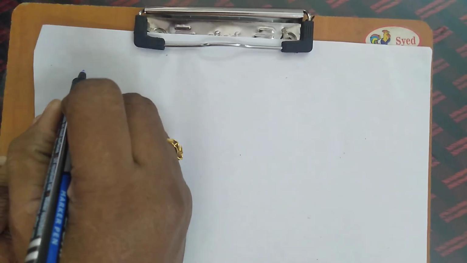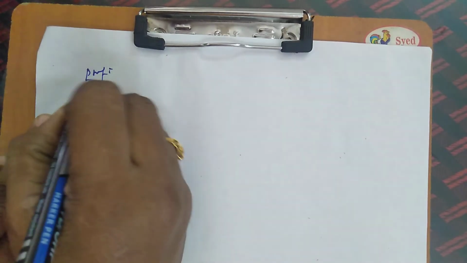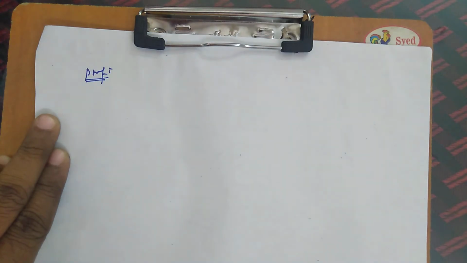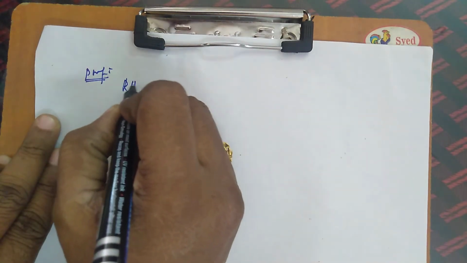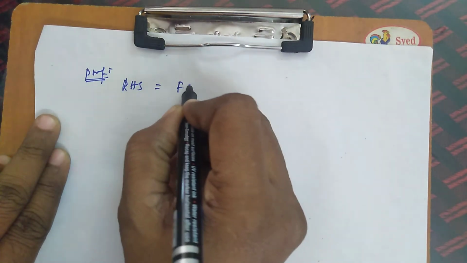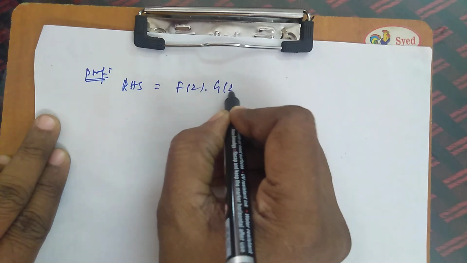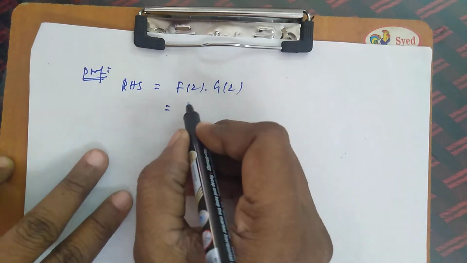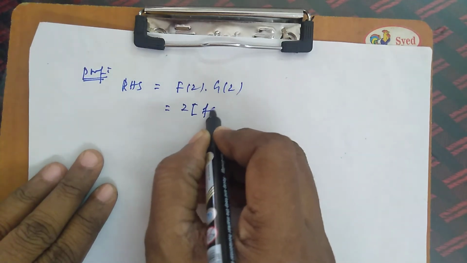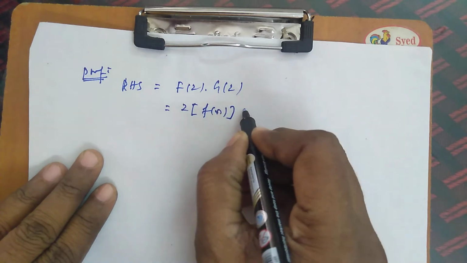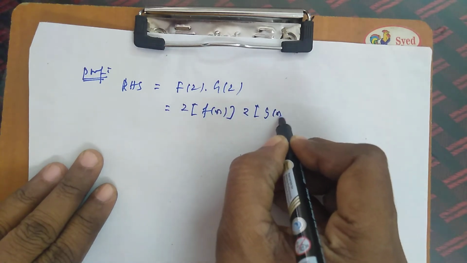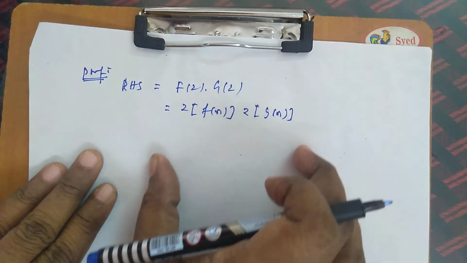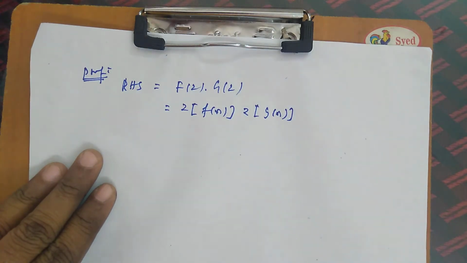So how we are going to give the proof is, we will take the left hand side or right hand side of the statement, then we are going to prove this one. So in this theorem we are going to take the right hand side, RHS, of this statement. That is nothing but what? F of z into G of z. We know that F of z is nothing but Z of f of n into Z of g of n. So we are taking the right hand side and we are going to arrive at the result of our left hand side.